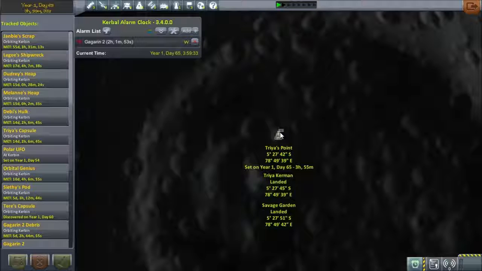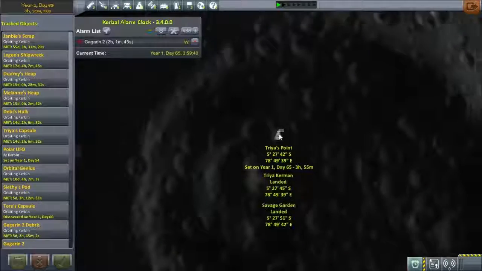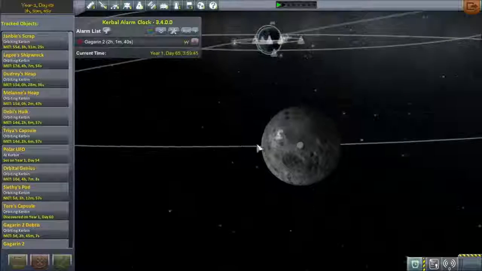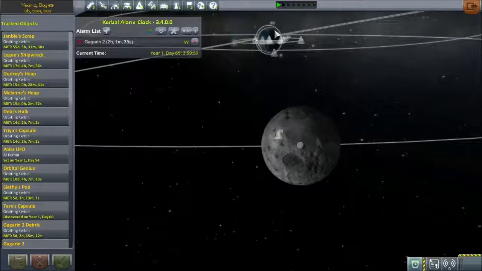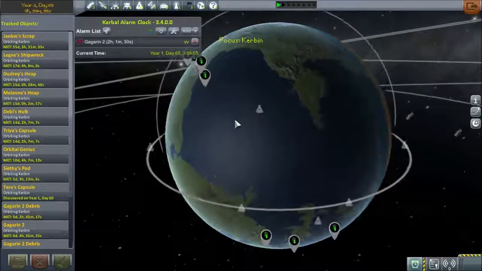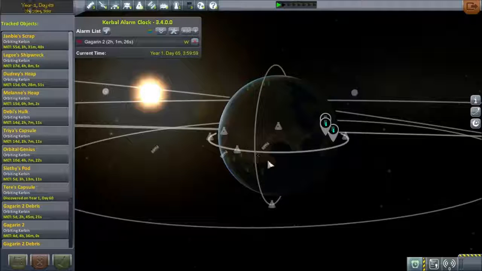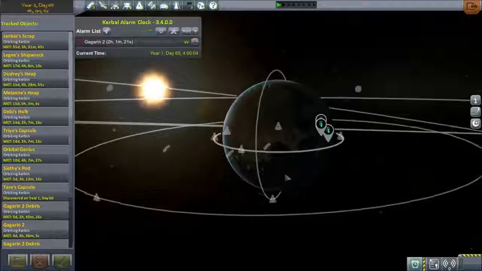Trias Point. Set on year 1, day 65. 3 hours, 55 minutes. After a bit of bouncing. It was a touch and go landing. Couple touches, a bit of go. Yeah. Okay, sorry, that was the spoiler. I turned off the flags. Yeah, the desert over here is where I did my science readings. Anyway,